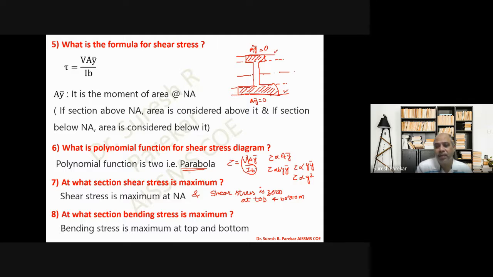and therefore we have shear stress 0 at top and shear stress 0 at bottom. Now, in case of bending stress, if you draw the diagram, we have the diagram in this way. And the y distance is measured from the neutral axis. So at the neutral axis, y is 0 and therefore sigma is 0. And we have the maximum at top and bottom, because y is maximum at top and at bottom. So we have different nature of the stresses. Here, if it is compressive, then here we have tensile. So maximum at top and bottom.